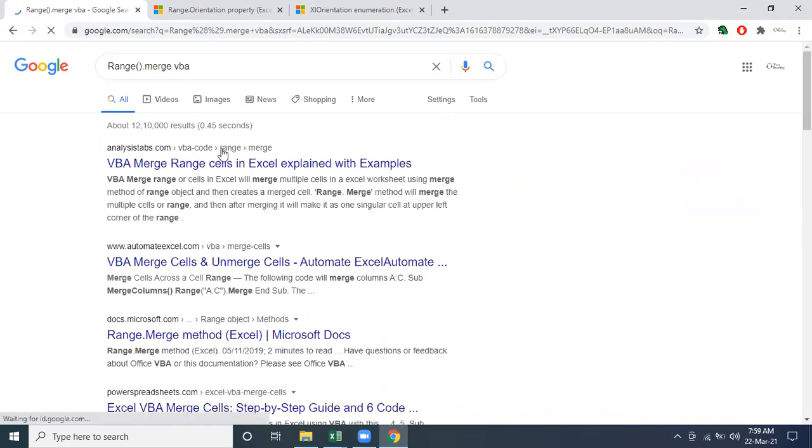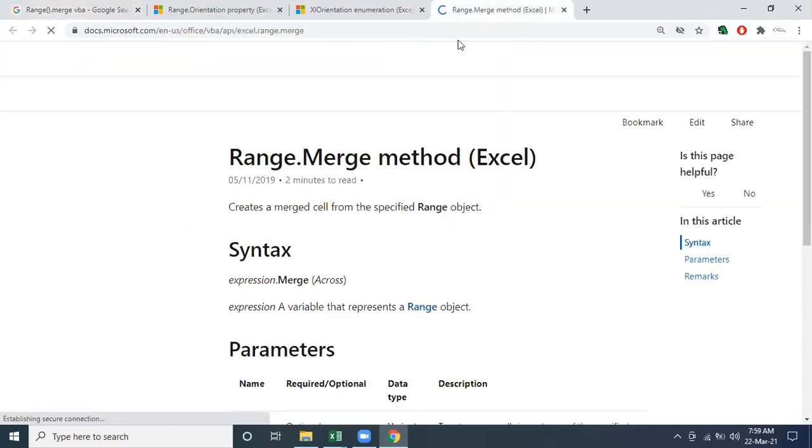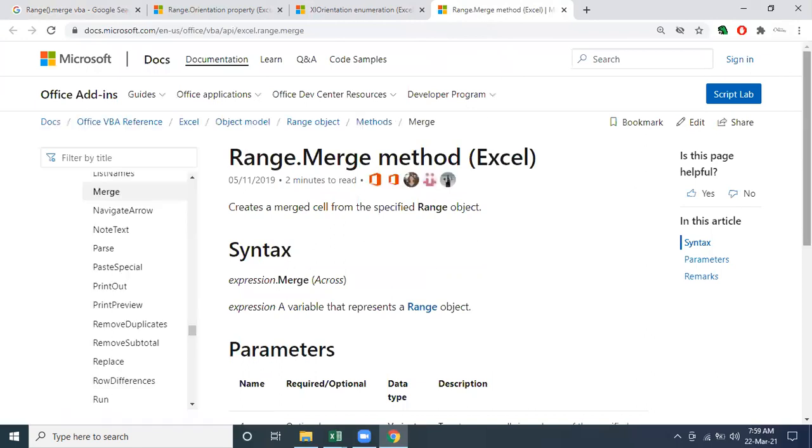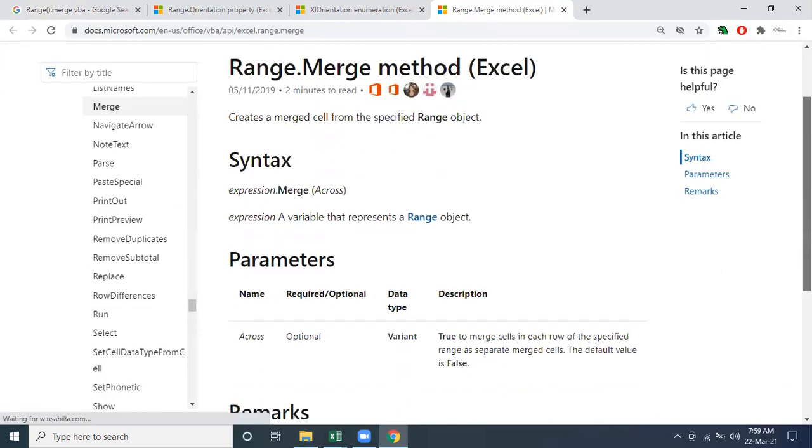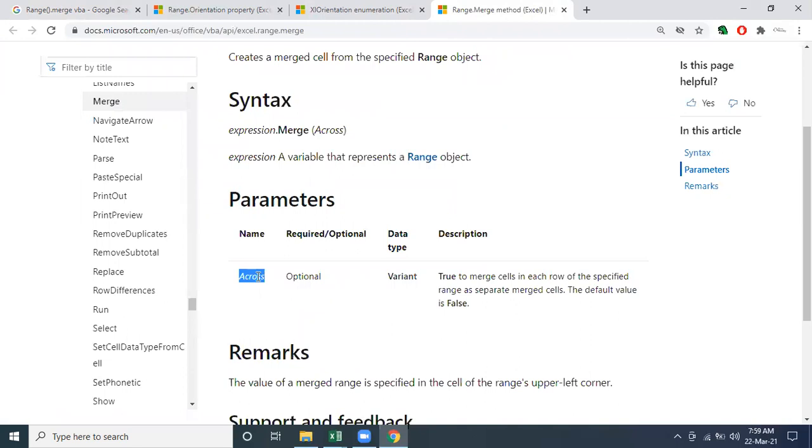Okay, so which one do we have to pick? The range dot merge. It's not required to pick this code, this URL and this URL. Always we have to go for the Microsoft Excel only. Okay, the merge, and here the property. Here they mention only one. We don't have any others.